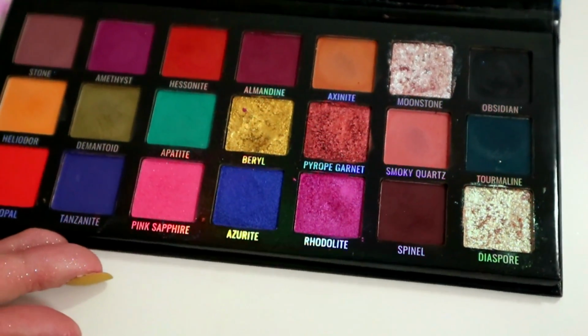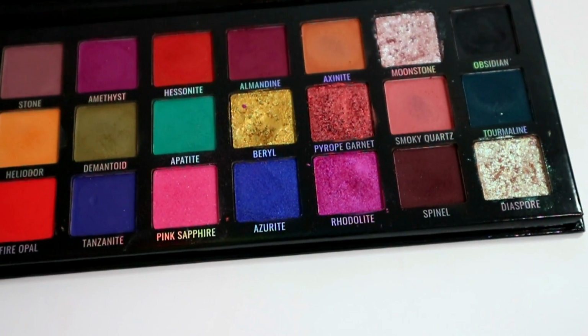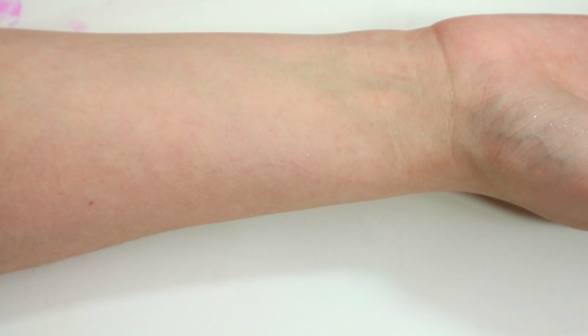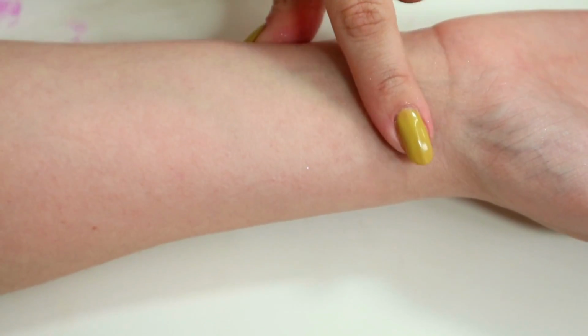I'm gonna swatch it row by row because I tried swatching it yesterday on Instagram and couldn't fit it all in one arm. I'll do one swipe and then I'll build it up just so you can see what one swipe looks like versus built up. First up we have Stone,